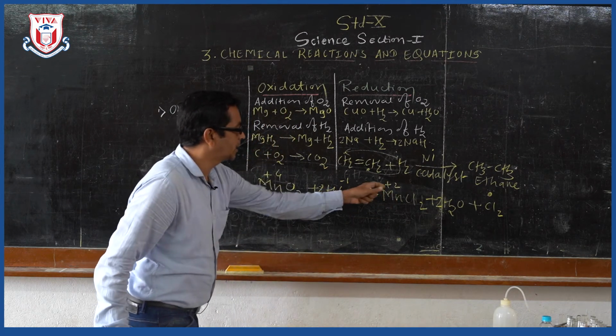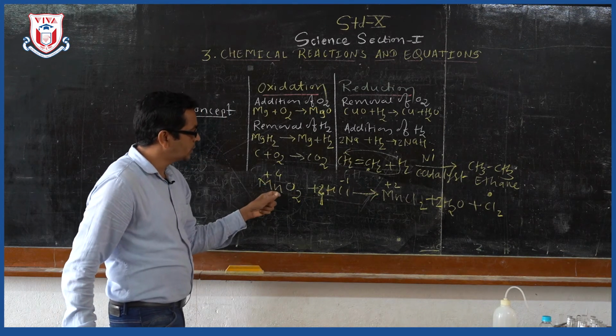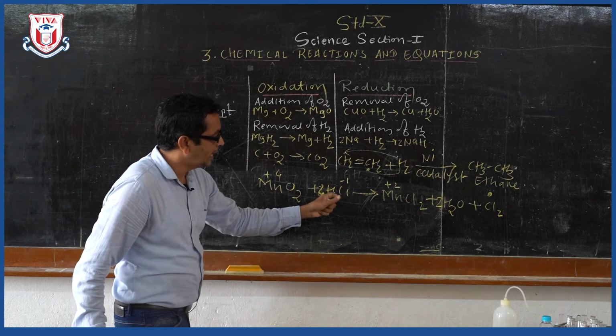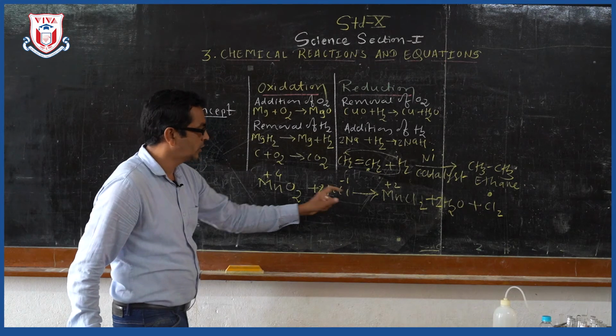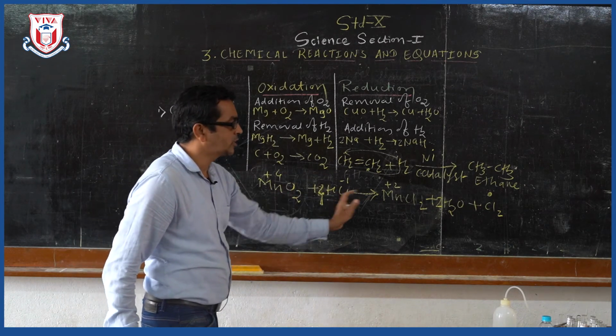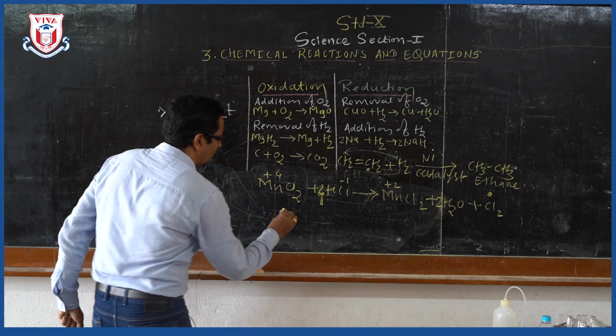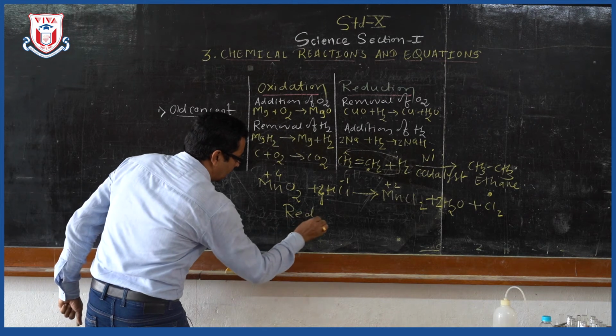So the oxidation number decreases. So MnO2 undergoes reduction and HCl undergoes oxidation. So this is a reaction in which oxidation and reduction take place simultaneously, and that's why this is an example of what? Redox